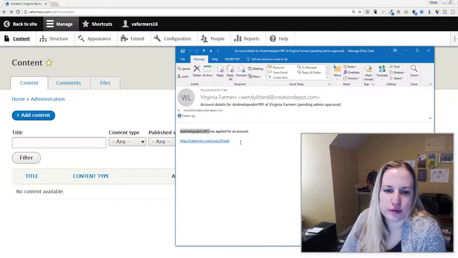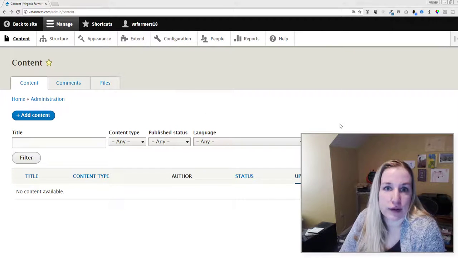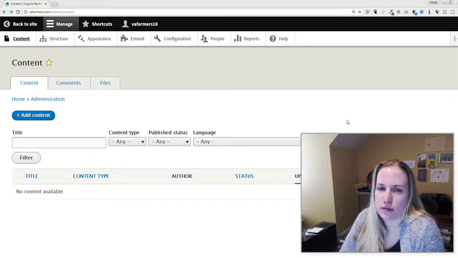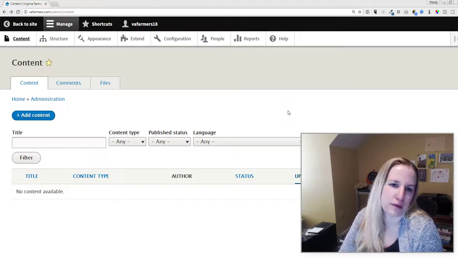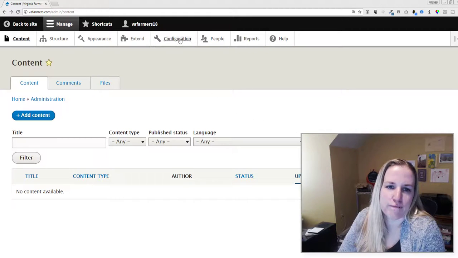And it has some weird automated username, and then saying that they applied for an account, pending admin approval. So how I figured out how to fix this, and it's not where you think it would be, because you think it'd be under People. It's under a different place. So what you want to do is go to Configuration,